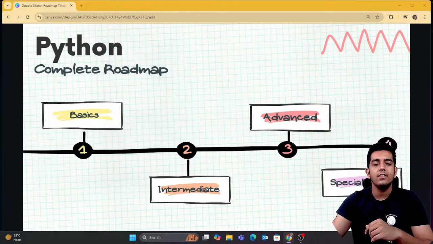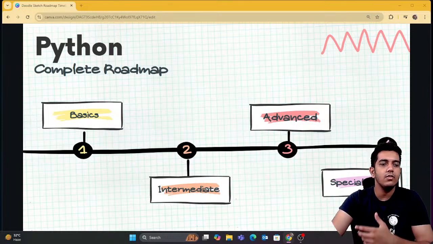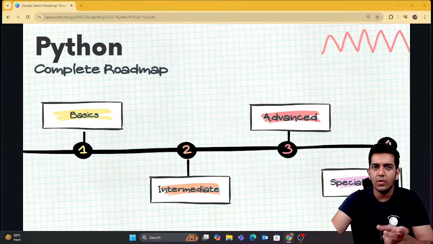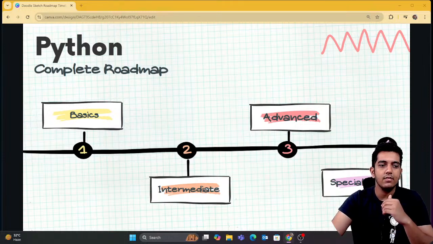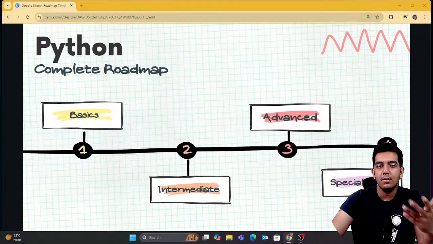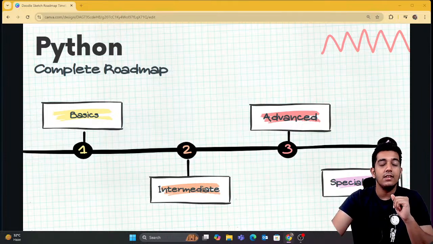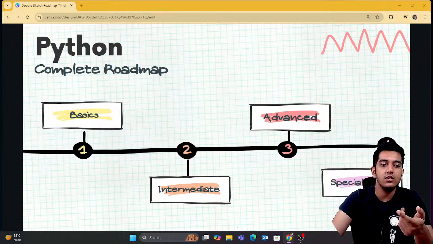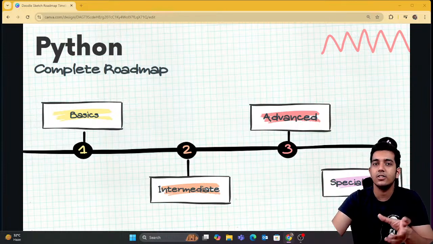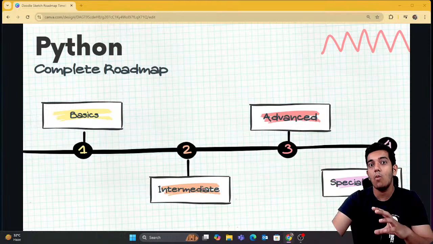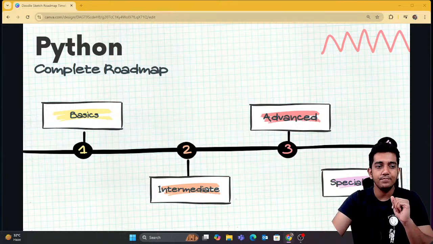Then we can also use it for automation or scripting. So we can build automated software or different things using Python. Then developers use Python to create scripts for automating daily tasks. Then guys, Python is also used for scientific computing. So researchers and engineers use Python for tasks like simulations, data modeling, and solving complex mathematical problems, right?